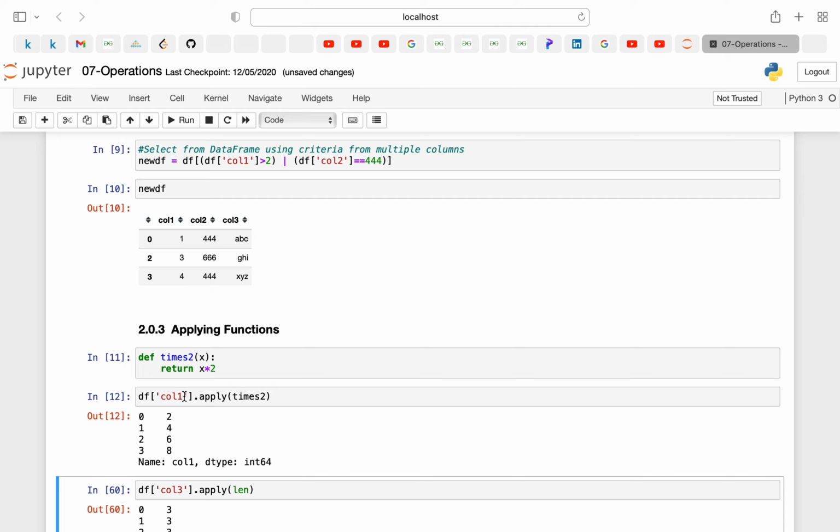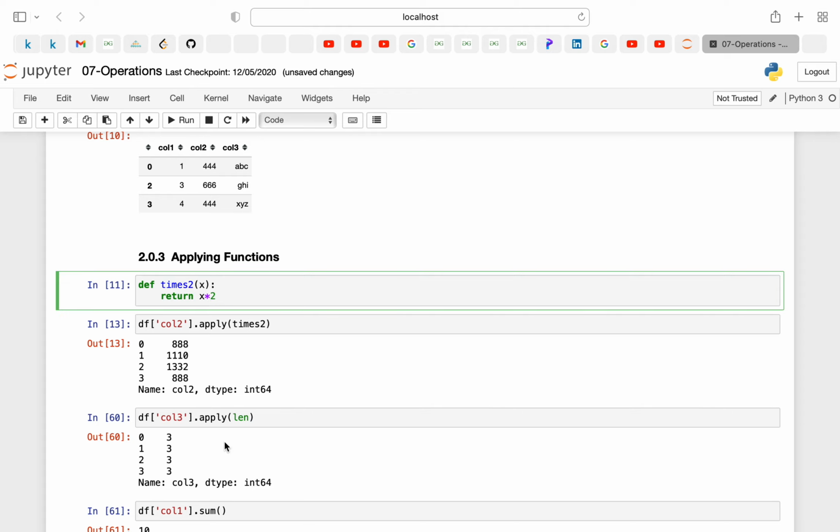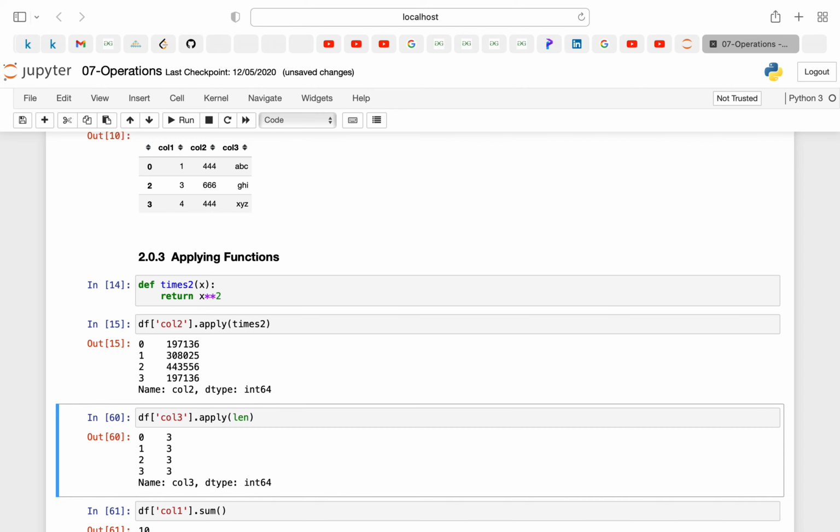As you can see, I'm applying this to column 1. You can apply this to column 2 also. You'll get the square of that number, or sorry, it's not a square, it's 2 times. I think we have only one asterisk, so it gives 2 times, and if you add one more asterisk here, then it will be square. So now you can see this is the square.